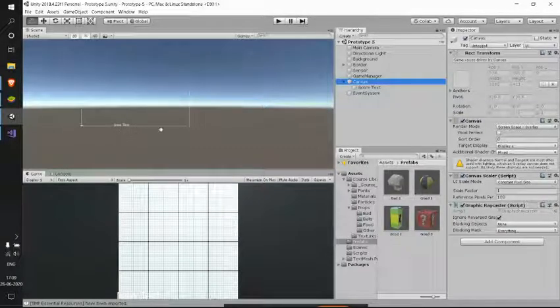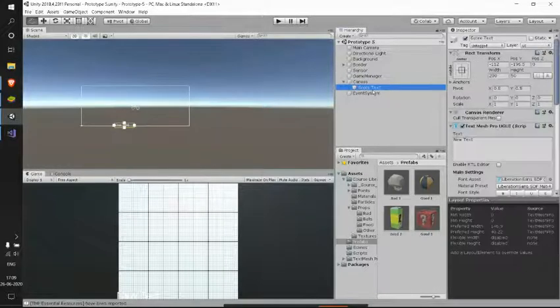So first, let's see how this happens. In Canvas here, we have something called Score, this particular text, and instead of Transform, we have this Rect Transform. We will be dealing with Rect Transform instead of the normal Transform.